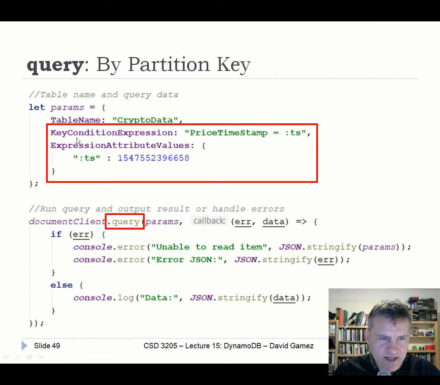So here are our parameters for our query. We've got this key condition expression. This is the logic of the query. Here I want to find a record that has a specific timestamp. Remember, we're not getting a unique item here. We might get a load of items, we just don't know. So here I'm saying I want the price timestamp to equal